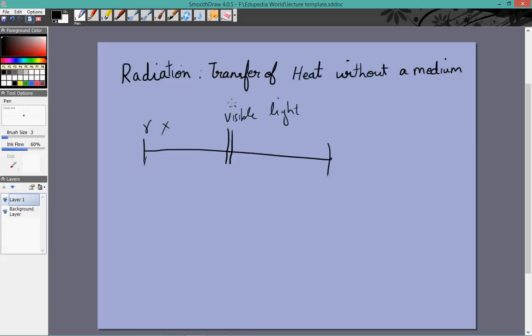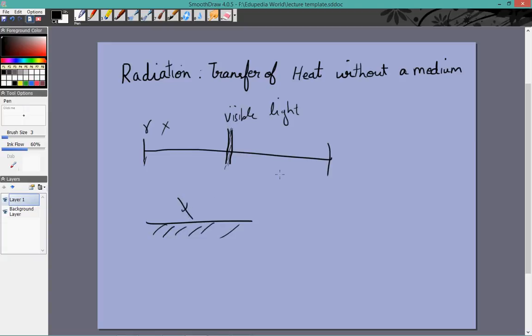Human beings cannot see most electromagnetic radiations. We can only see that particular electromagnetic radiation which lies between a particular specific value of wavelengths. And one of them is red and one of them is blue. Those are the two extremes. But from a scientific point of view, it is all electromagnetic wavelengths. The particular wavelength doesn't matter. It's all electromagnetic radiation. So, whenever electromagnetic radiation falls on a surface,